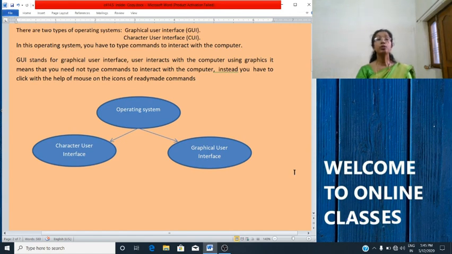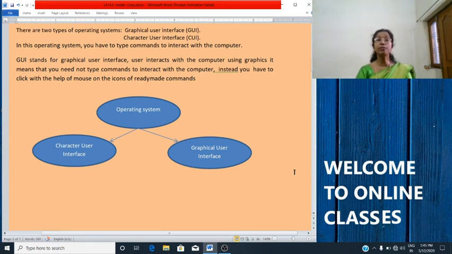Instead, you have to click with the help of a mouse on the icons of ready-made commands. That's what we are doing in Windows. You have to click on the icons or commands. So it is the interface we are using nowadays on each and everything. That is Windows operating system, smartphone, ATM machine and more.